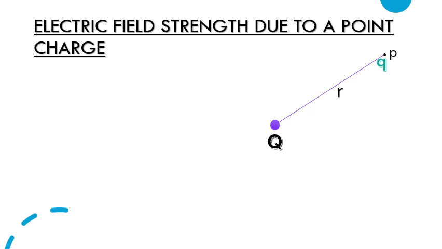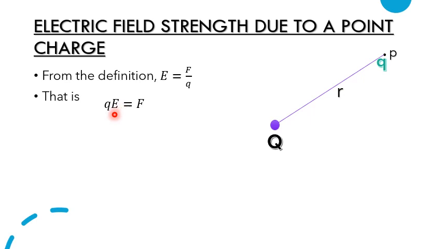Now we are planning to derive an expression for electric field strength due to the source charge capital Q at the point P. From the definition, electric field strength E is equal to force over the charge which is placed at that point. That is, if you cross multiply, we can write qE is equal to F,